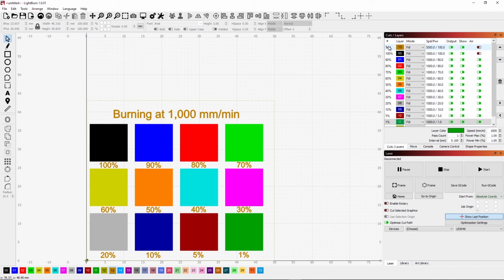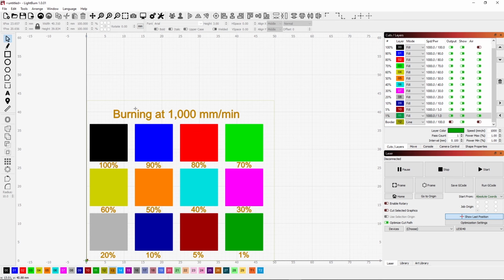So there we go. We've got our text, then our 100, 90, 80, 70, 60 all the way down, and then the last thing that's going to burn is the board, but we're actually not outputting that this time, so it won't burn that. Anyway, here's our test pattern. Once you have this one, you can go ahead and